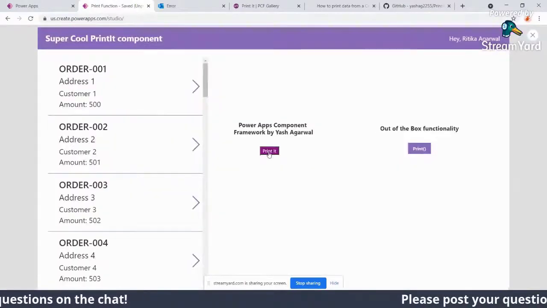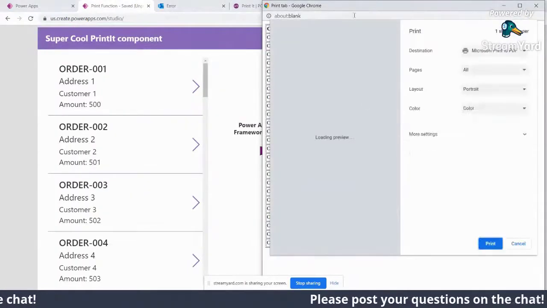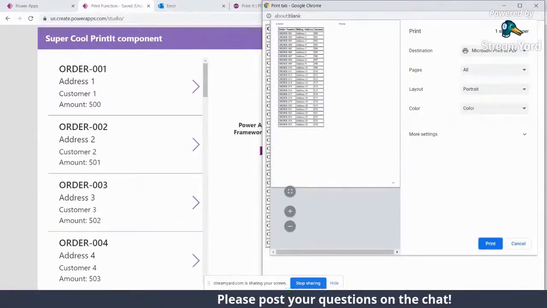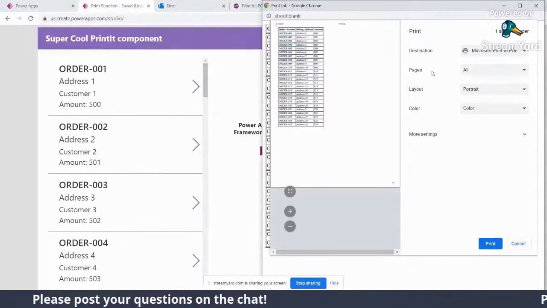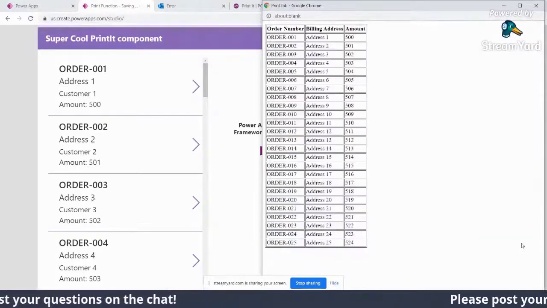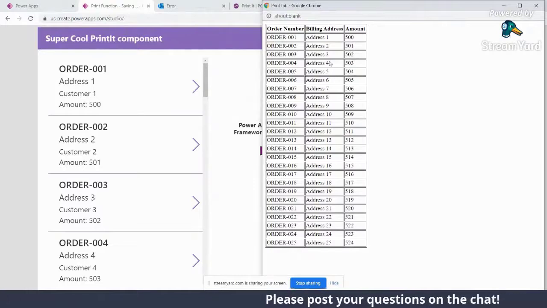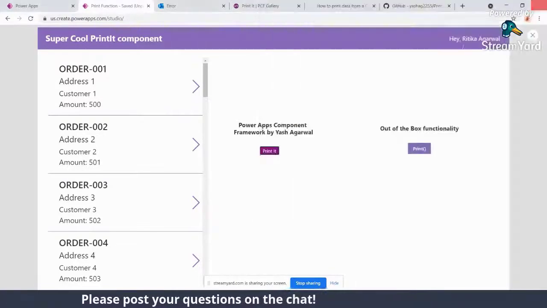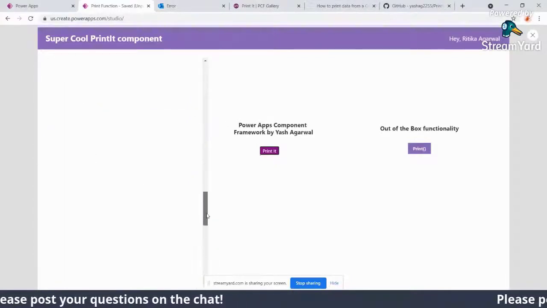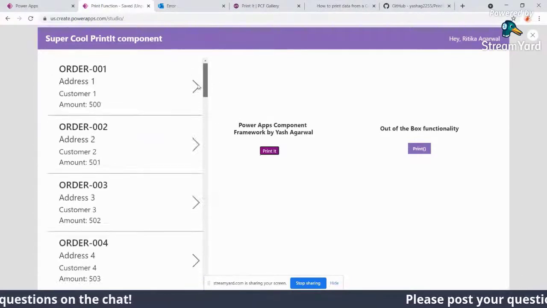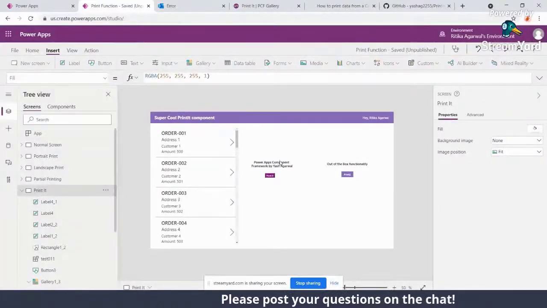Now if I print it, I should be able to see only 3 columns. Yeah, so the customer column is gone now. This way you can combine these features. I mean, probably at some time they will release a new feature where you can directly export the content of this scrollable gallery as a document. So probably it will be there at some later time.